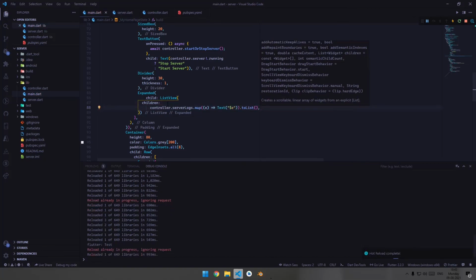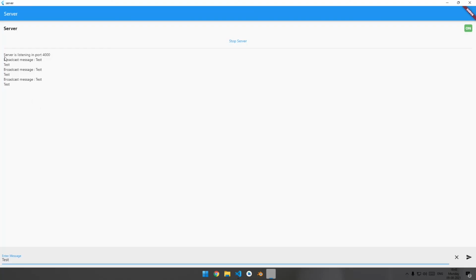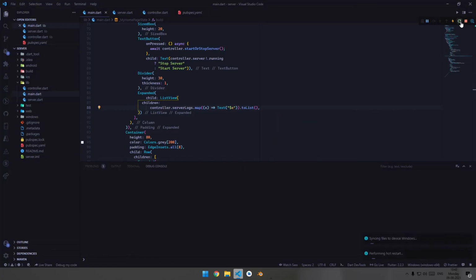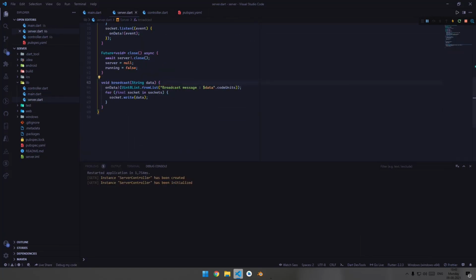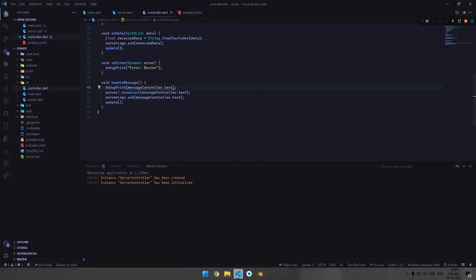Now hit Ctrl S. So now you can see the overall server log screen is listening on port 4000 and broadcast messages test blah blah blah. So now let's hot reload this application, and now I think we need to remove this server log from here. Now hit Ctrl S.